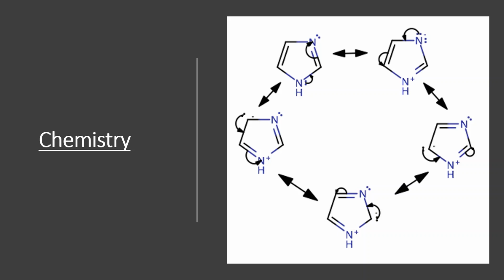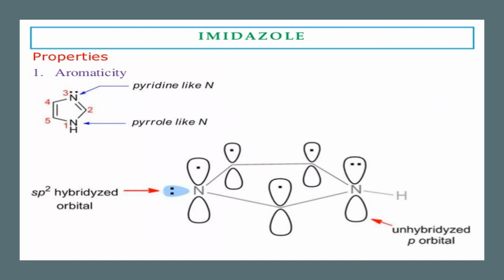Very important. You have to know how the electrons move. It starts from the aliphatic nitrogen and goes around, to the third, again between 3 and 4. The electrons keep on moving between the second, third, fourth and fifth elements in the ring. This is the resonance structure of your imidazole. Now let's go for the aromaticity.